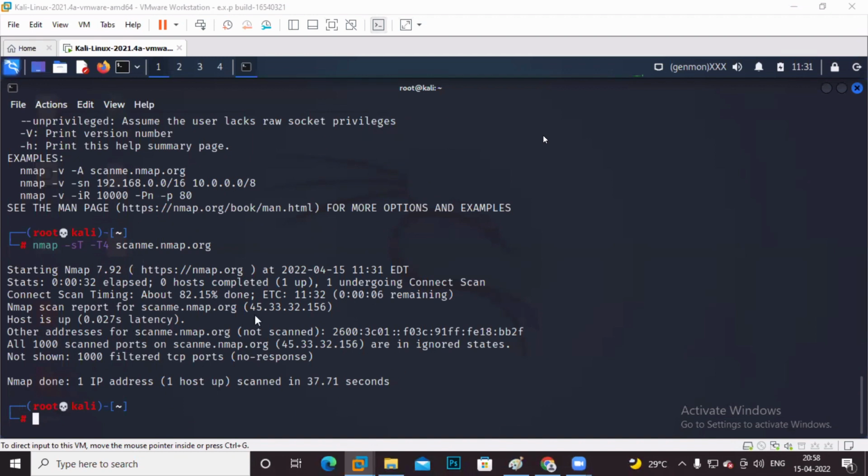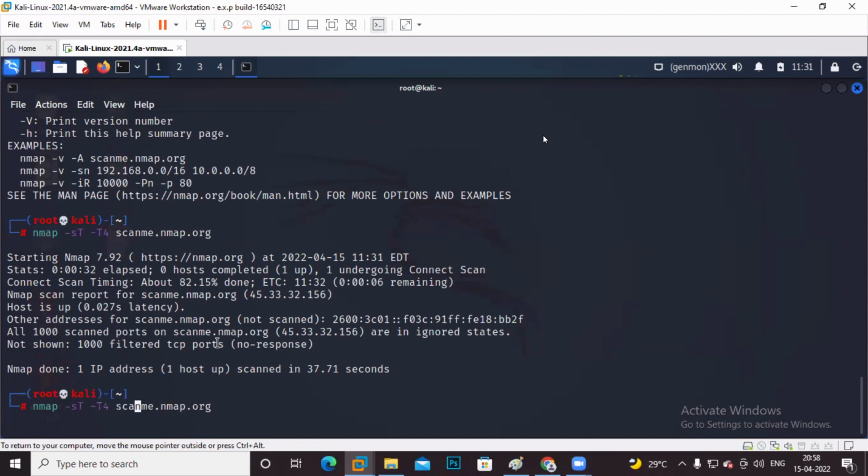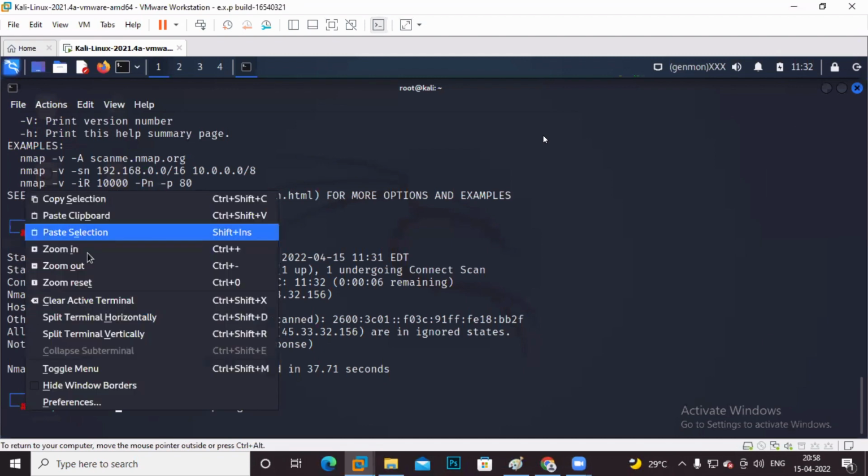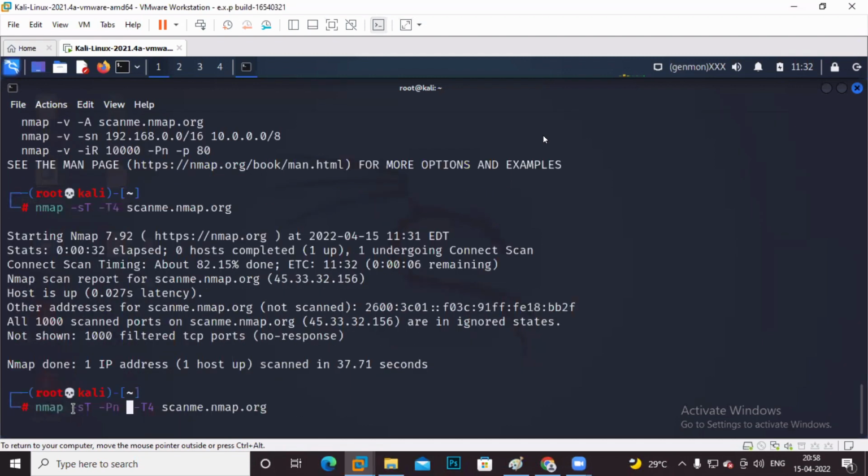In this case, sometimes filtering is there; the firewall is blocking this. So we can use one more option called -Pn. It's not a compulsory part. Sometimes when we get some error, we use -Pn. It's for skipping ping. Just note this, everyone. Write this command, an option for performing a full open scan. I think everyone knows what a full open scan is. Nmap -sT -Pn -T4